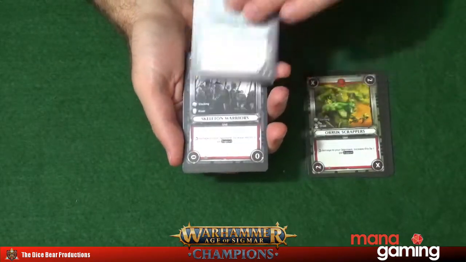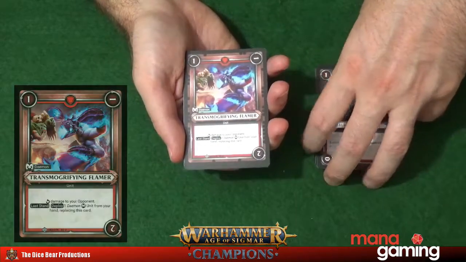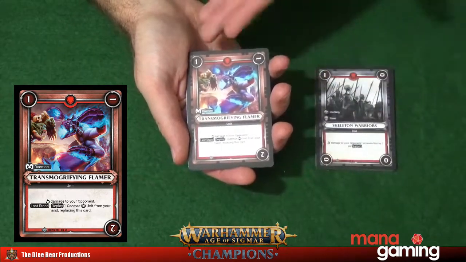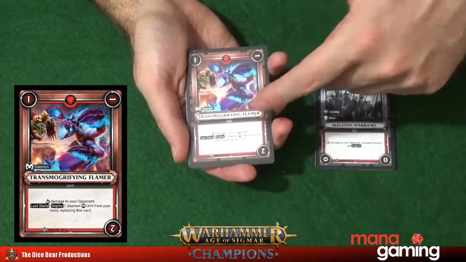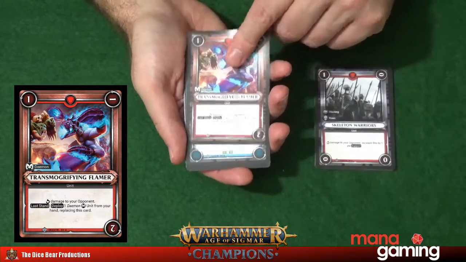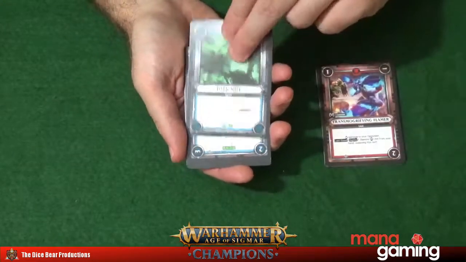Bat Swarm, Skeleton Warriors, Transmogrifying Flamer, my favourite demon card to keep playing, mainly because you go and do damage straight away. There's only 3 corners, so it's nice and quick to get out, but also it's last stand. You get to deploy a demon unit from your hand, replacing this card. So they might be like, oh, get rid of that unit. Oh look, I'm going to slap down another one. Dark Mist,